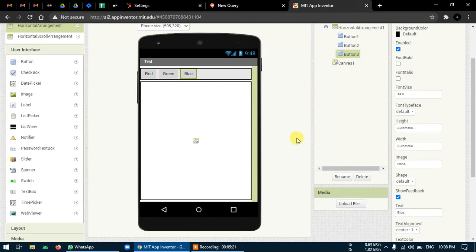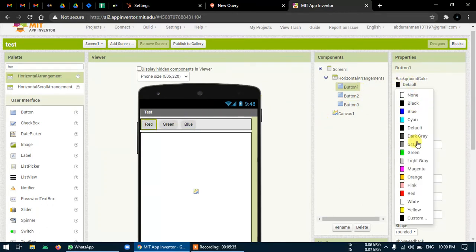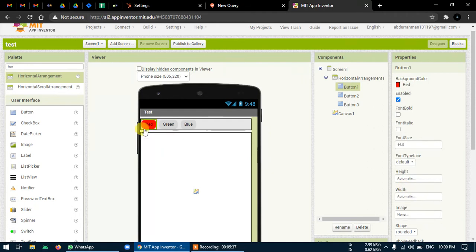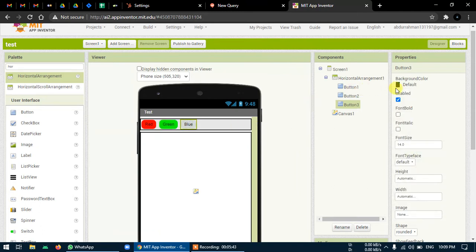We have 3 buttons right now with us. Now what we can do is let's just make it more attractive. Rounded corners, blue button, rounded corner. And to get more interaction, we can just put background color as red for red button, background color of green for green button, sorry, and for blue, blue button.